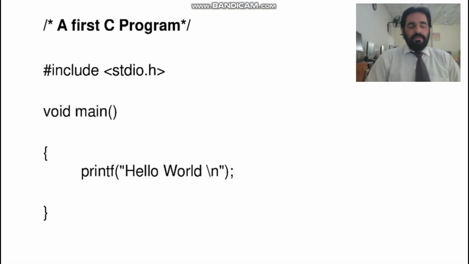Let's start. Today we are starting from the beginning with our first program. First of all, when you start your program, mostly we use the words "hello world". How can we print hello world on our screen? Let's see. #include <stdio.h>, then void main, where we will open a bracket and have a simple statement. We will code printf "hello world\n" with a backslash and a new line.